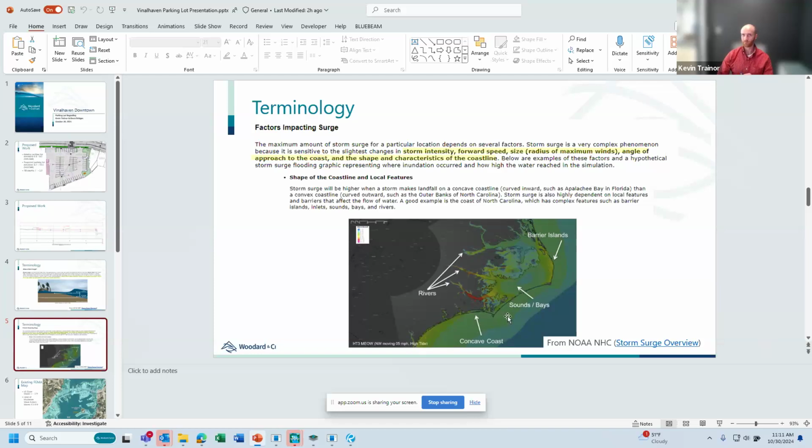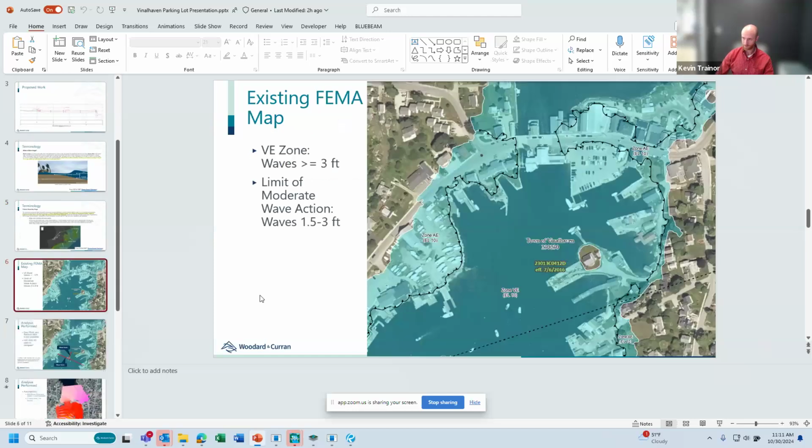And so when we talk about the surge, it's really that 5 feet or so that you see above the mean high water level for a 100-year design storm. That is really the result of the storm itself, and not so much dependent on something at the scale of the parking lot itself. And so kind of what we're looking at,